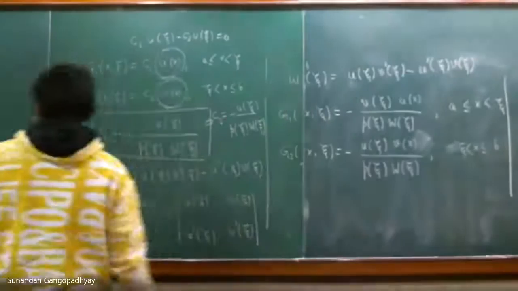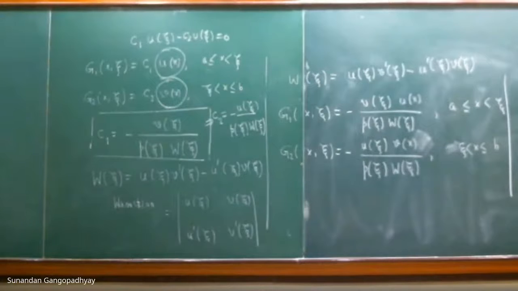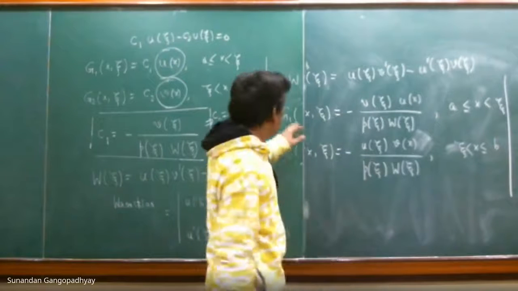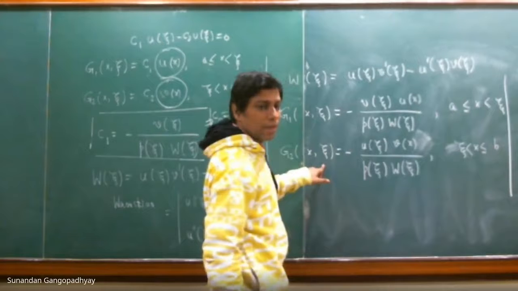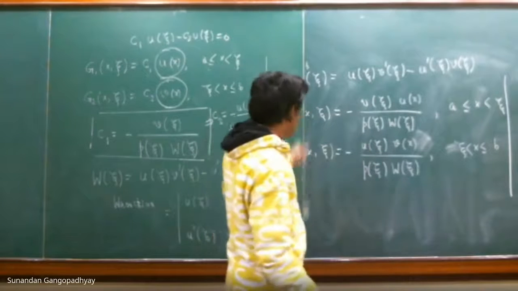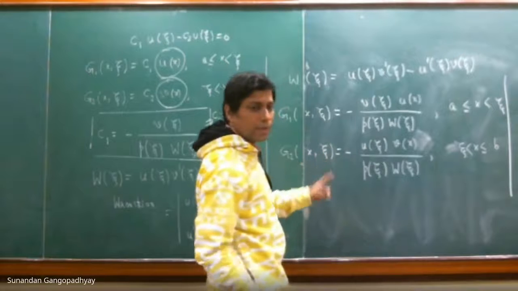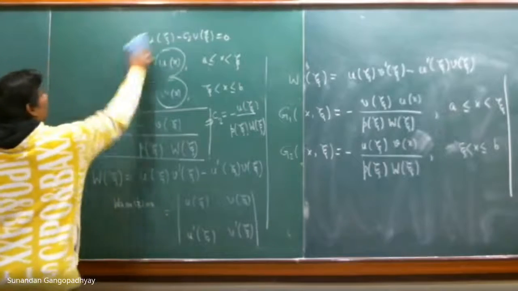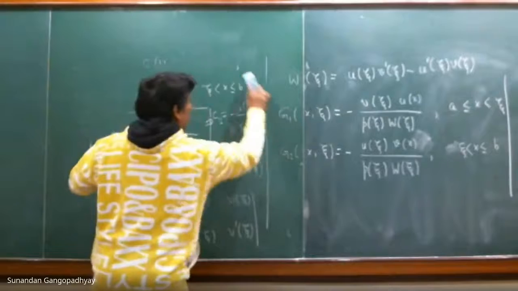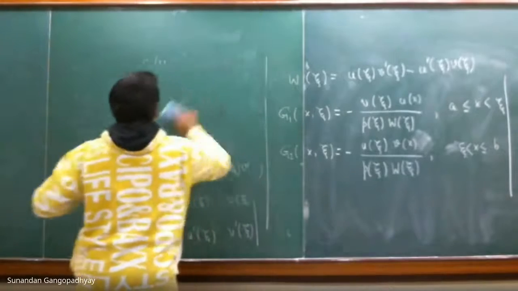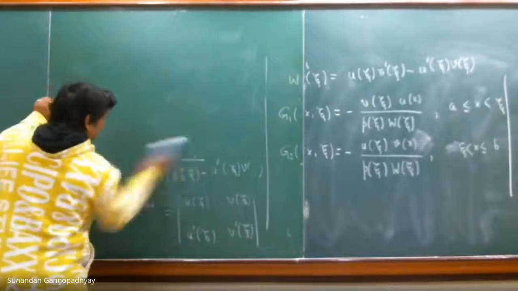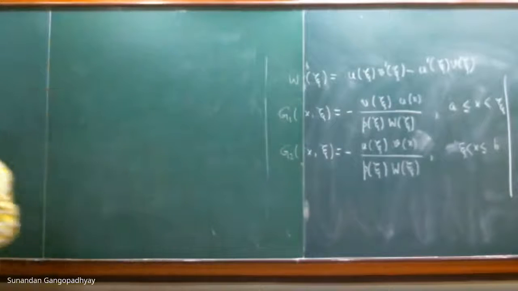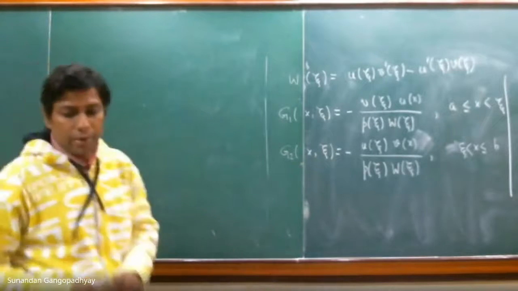So you know what G1 and G2 are, and you can easily check that G1 and G2 indeed satisfy the conditions, as a cross check. Just check that G1 and G2 are equal at x is equal to xi. That is true. Just put x is equal to xi, G1 and G2 are equal. Take their derivatives and see the jump is equal to -1 by p xi. So those conditions are also satisfied. Now let us look at these solutions that we have found out a little bit more carefully, so that we can make some more interesting observations.